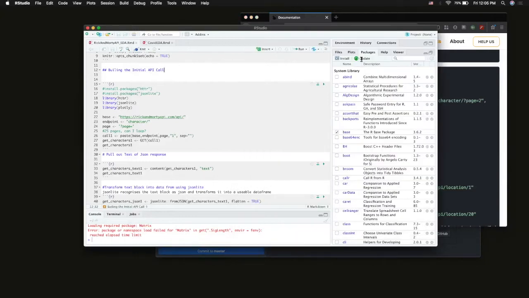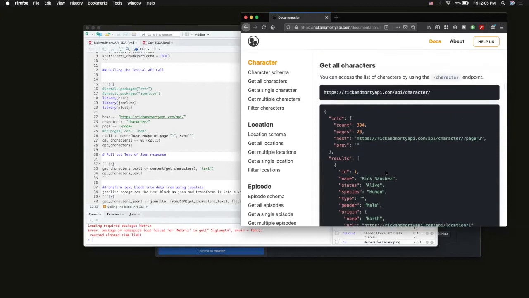So let's go back over here. You can see that this is the thing that I'm going to call. Their base API is all here, and specifically I'm looking at character. If we were going to make different calls, I would save this and then have my different endpoints. So I just went ahead and left that